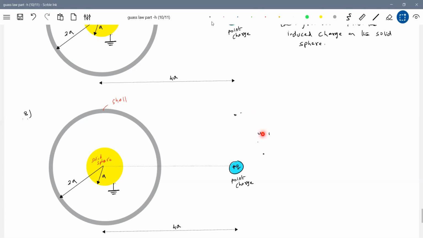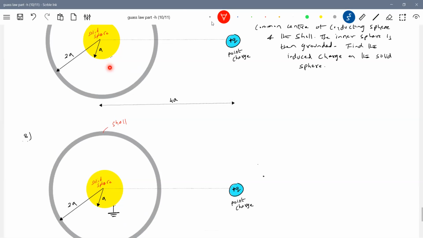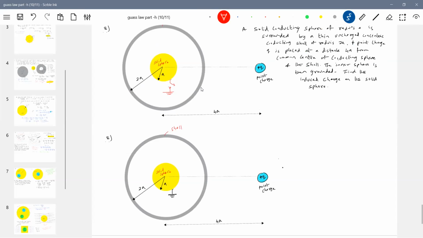Same diagram. Okay, let me show all the things after earthing. So here the earth will bring a switch, so it'll be easy for you. Now I'm going to close the switch. Okay, try to see this. What shall we do? We'll go for, as usual, the working method. So the charges here will be Q1, Q2, Q3. Q1 plus Q2 should be 0. Why? From Gauss law. And for the shell which is earthed, the potential of that should be 0.